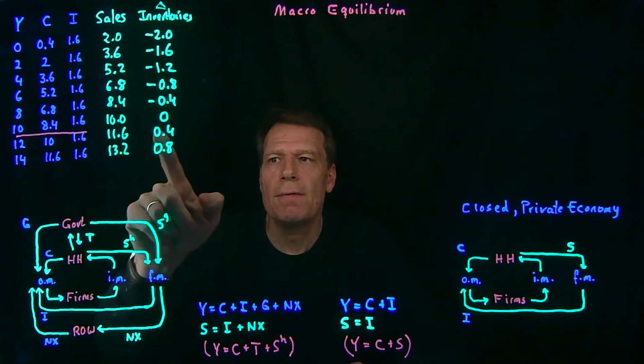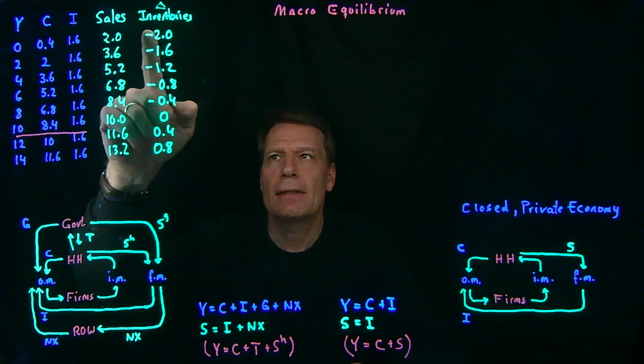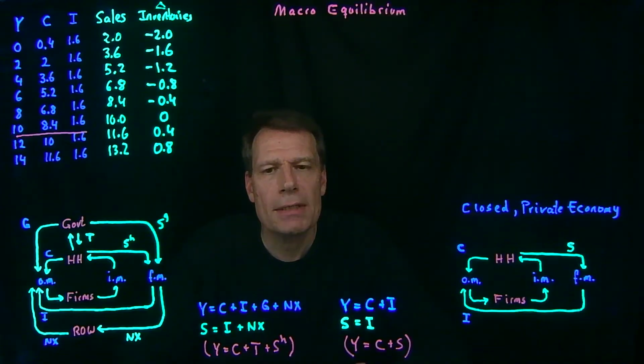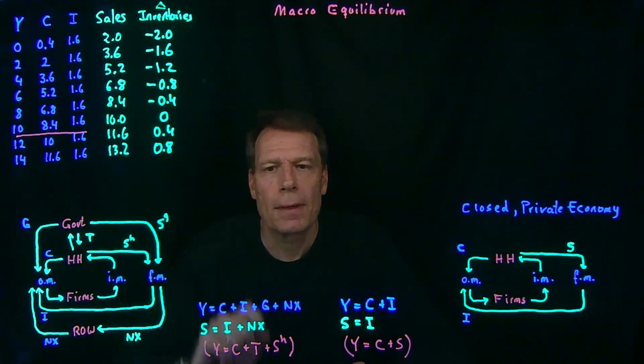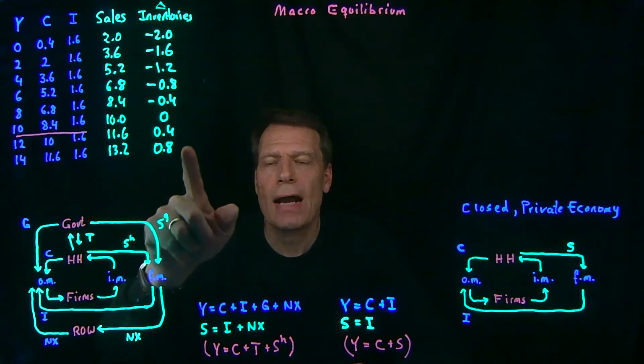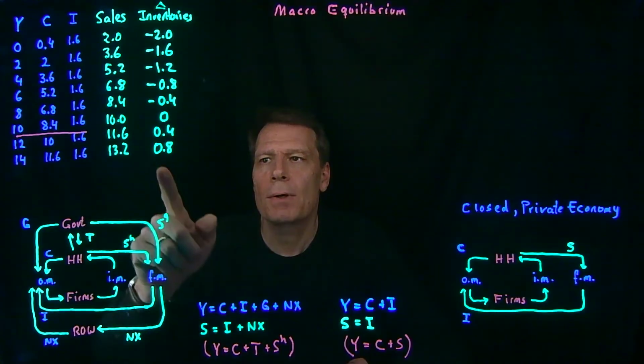If we see inventories rising, then businesses are observing that their warehouses are getting fuller and fuller. They aren't able to sell everything they're producing, so they're going to start producing less. So whenever we have declining inventories, businesses are going to increase production and we're going to move down the table. But whenever we have rising inventories, businesses are going to cut back on production and we're going to move up